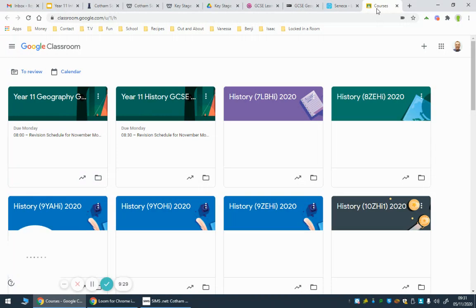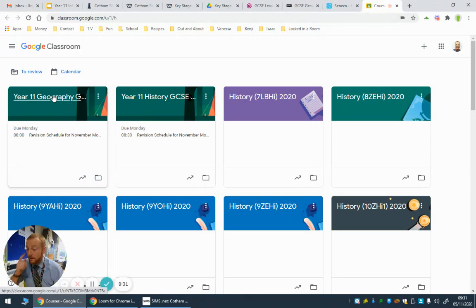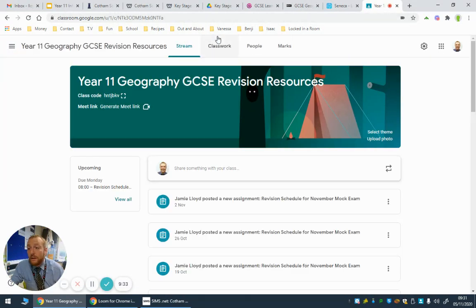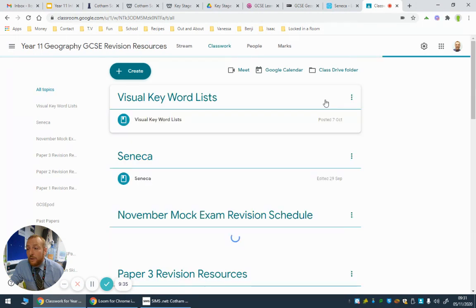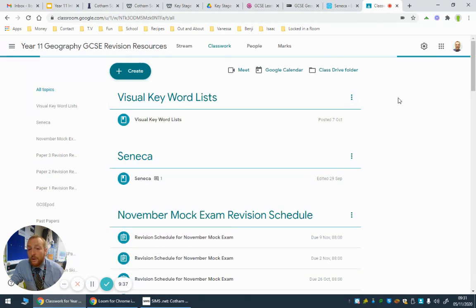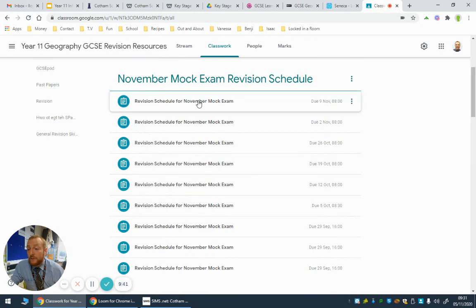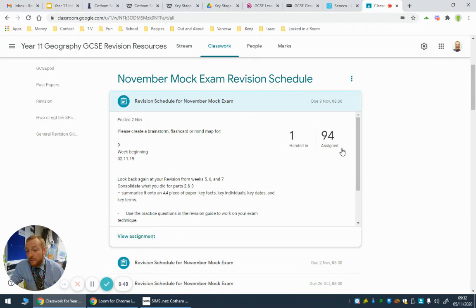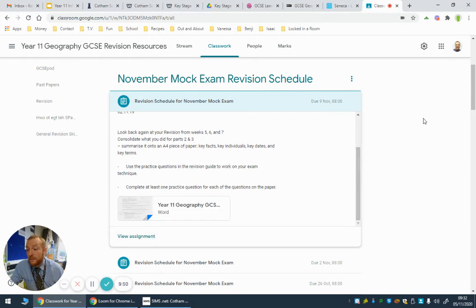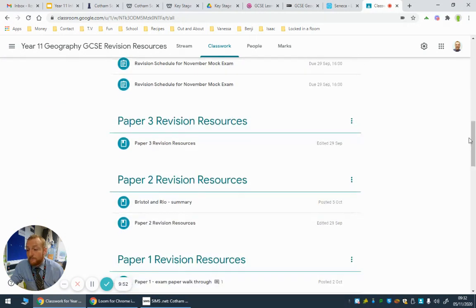Additionally, Google Classroom is a fantastic way for the students to revise. We have created a Google Classroom revision page where every revision resource is in one handy space. So for example, this is an active Google Classroom. This is the revision schedule that is highlighting what the students should be revising this week in the build up to a mock exam. There are a number of revision resources for paper 3,